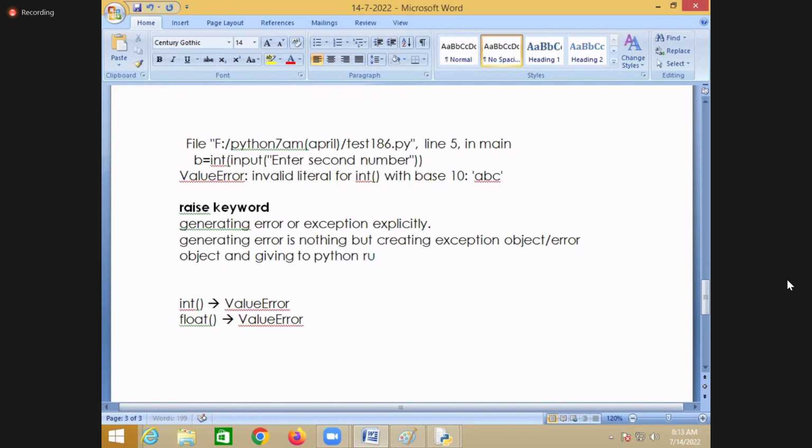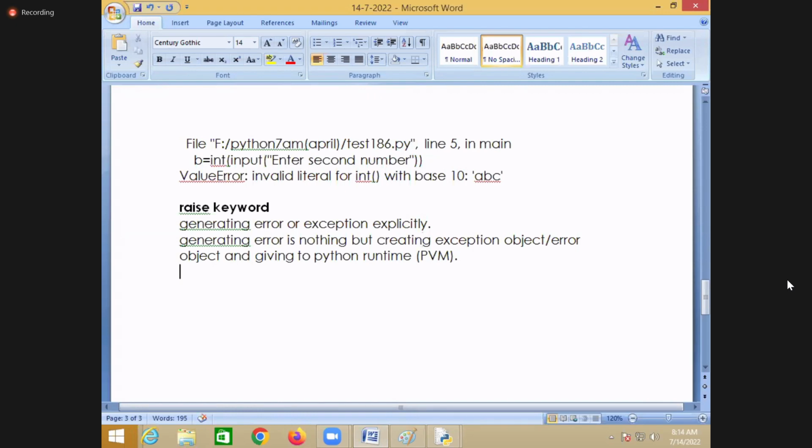This Python runtime is called PVM, the Python virtual machine. So generating an error is creating an exception object or error object, and giving it to the Python virtual machine.